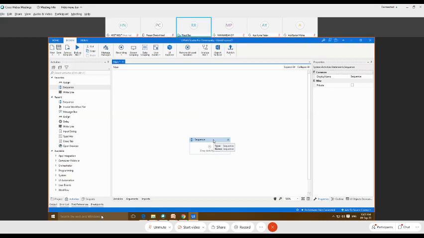I will create two arguments, one with the direction in, and the second with the direction out, and then we'll create another workflow with another name, and try to pass the data from this first sequence workflow to the second sequence workflow, and see how the data is going to pass.